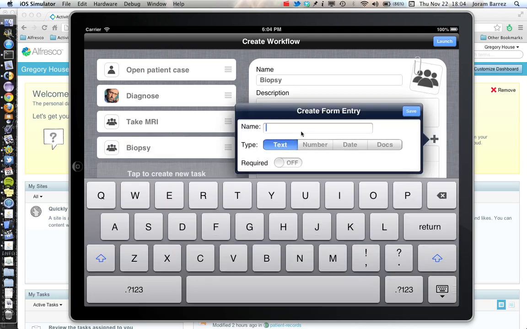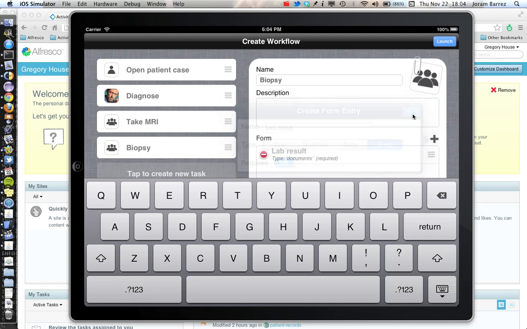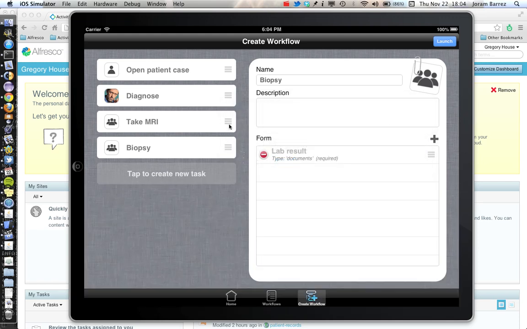And these are the lab results, which are going to be uploaded, and they are required. Okay. Now let's move these 2 to the second step, this one to the third step. Let's swipe those to the right, and by swiping those to the right, we make them parallel. So after the first user task, here the open patient case, we're going to have 2 user tasks in parallel